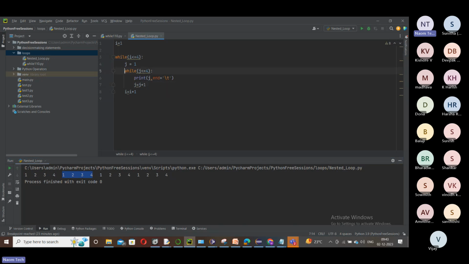Once this inner loop is completely iterated, one set of values is printed. Then after the inner loop and inside the outer loop, meaning outside the inner loop but inside the outer loop, what should you do? Push your cursor to the next line. You don't need to do anything, just put a simple empty print statement that will automatically push the cursor to the next line. Once the inner loop is executed completely one time, it prints the numbers from 1 to 4. After this, what happens? Let me show you in the notepad.